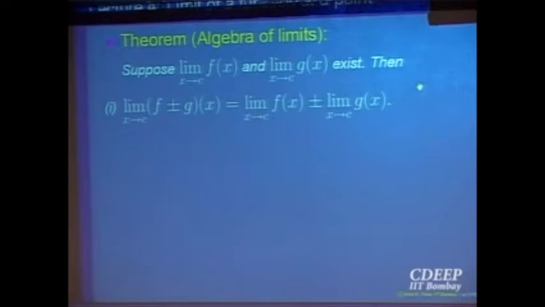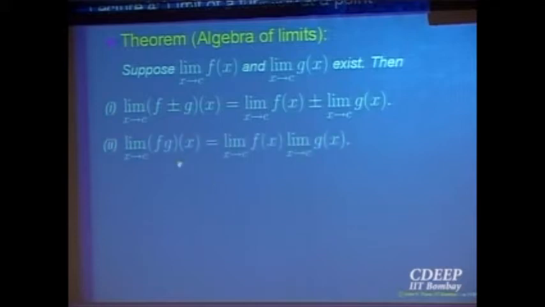Clear? Because the corresponding result holds for sequences, the same thing holds for limits of functions at that point. So it becomes an obvious corollary, a consequence of those theorems. Is it clear how simple it is now, once you have the result for sequences? Yes? Okay. So this is f plus minus g.